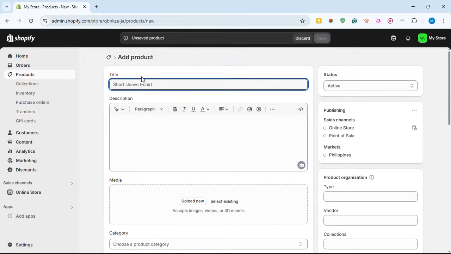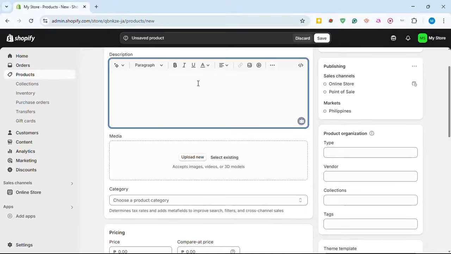So basically, this is the name of your product. So for example, cotton t-shirt. Then the next section is the description. So all you have to do is input what the product is all about, like selling points, what you are selling, what materials you use, the shipping information, and advantages of your product over other competitors.